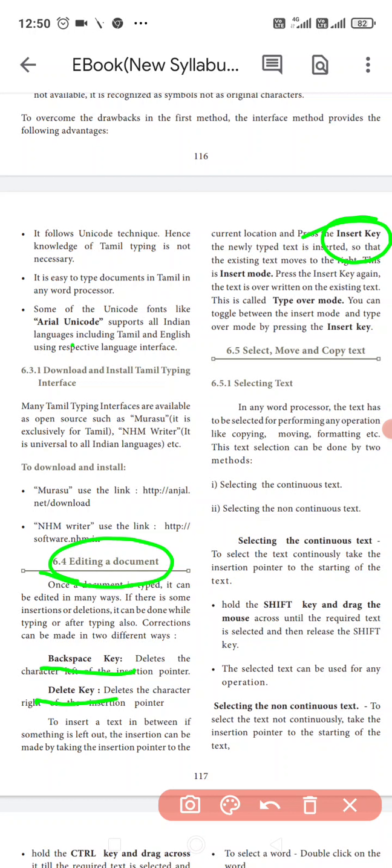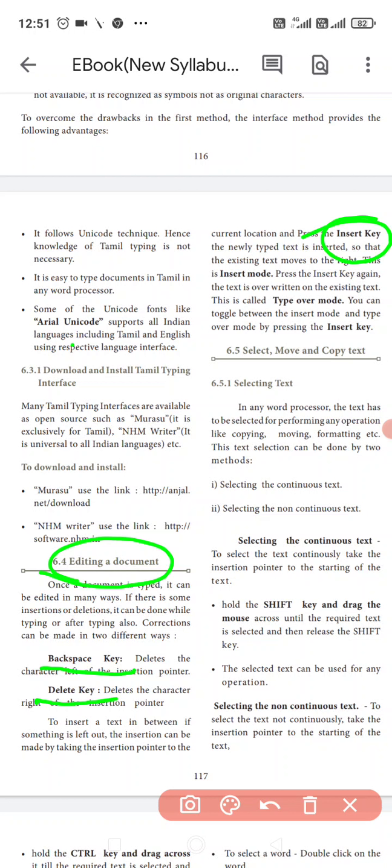There is the insert mode and the type over mode. Insert mode means that the right side text moves to the right when you type any character or letters.